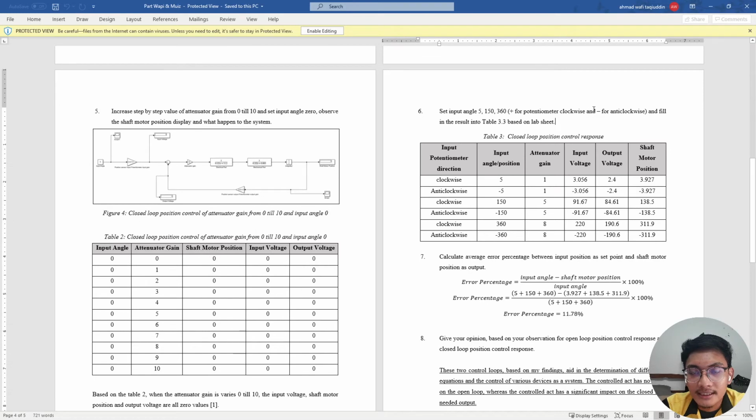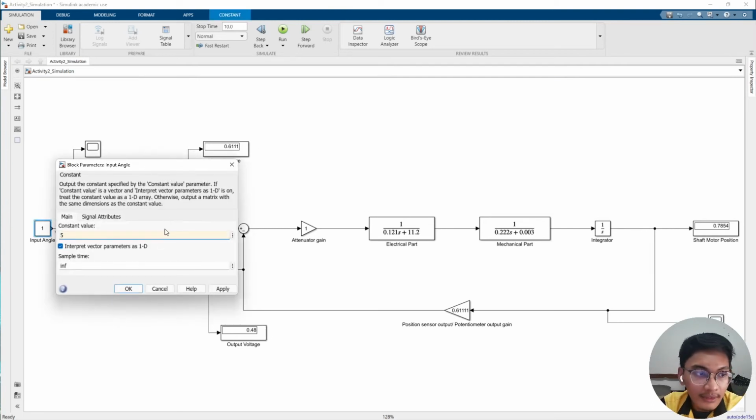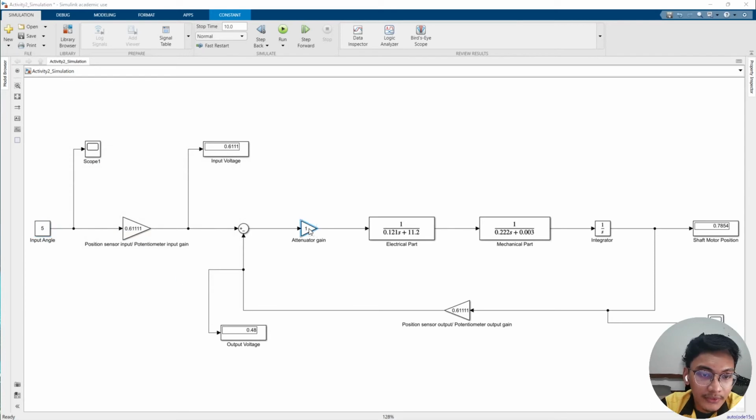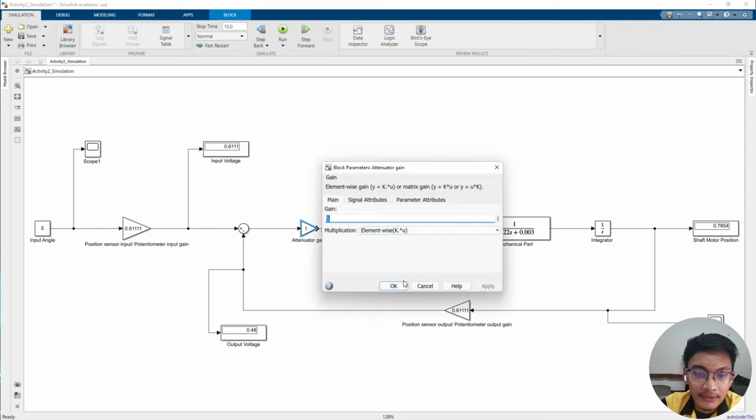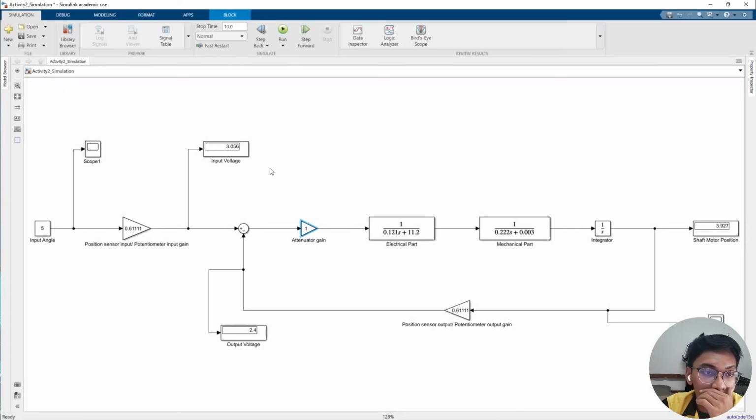And for the sixth activity, I will explain about the potential clockwise, which is the positive. First and foremost, I will put in the values. The first value is an input angle of 5 and the alternator gain is 1. So we will run it first, and we got the input value 3.056, the output voltage 2.4, and the shaft motor position